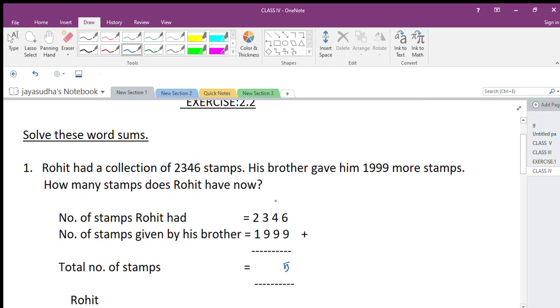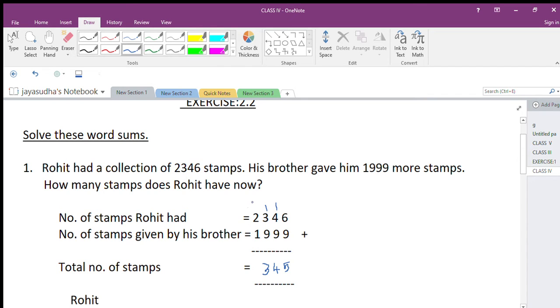Now carry 1 here. Okay. Then 9 plus 4 what? 9 plus 4 is 13. 13 plus this carry over you have to add. 13 plus 1 is 14. So you have to write 4 only here. So you carry 1. So 9 plus 3 what? 12. 12 plus this 1, you added both. What do you get? 12 plus 1 is 13. So 13 means you have to write 3 only here.